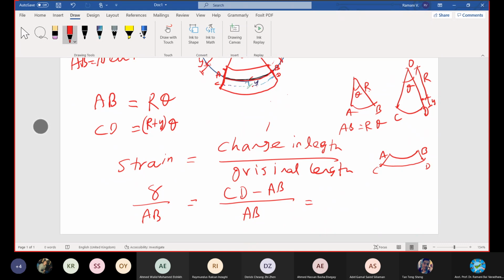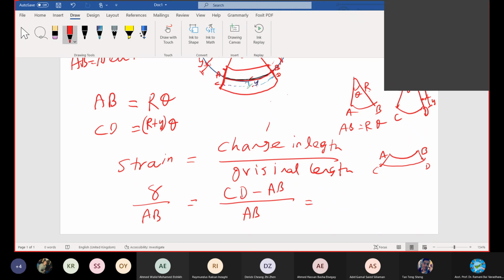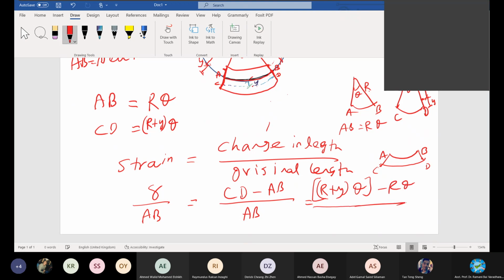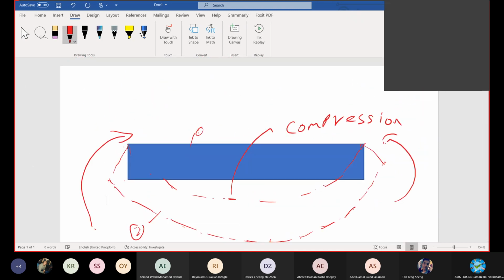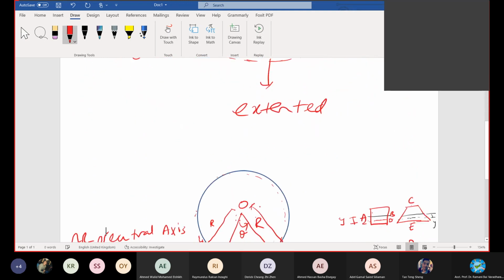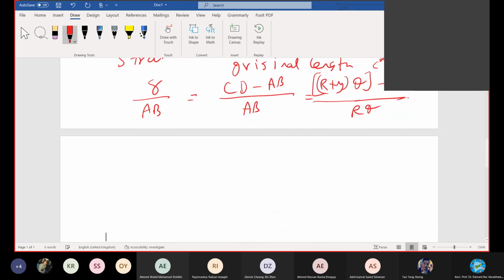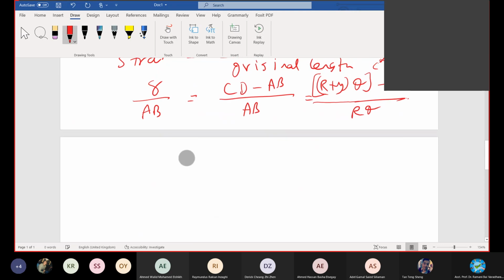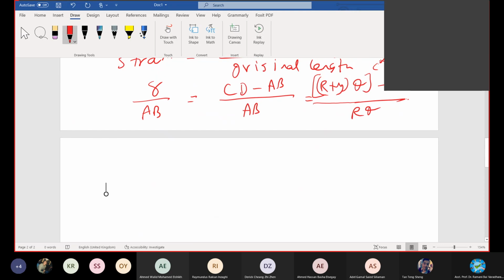How much is this one? Let's calculate this from here. CD minus AB, which is (R plus Y) times theta minus R theta, divided by AB, which is equal to R theta. If you simplify, you will end up with the value for strain. The value for strain is given by,